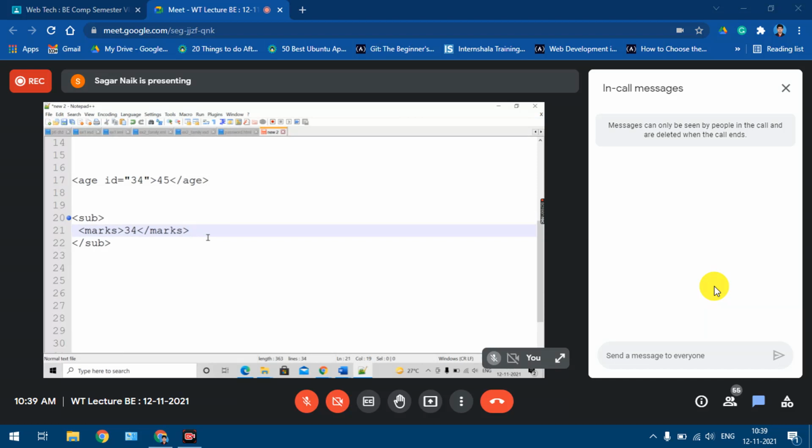You can have multiple child elements also, no issues. Both these elements are simple elements: marks is a simple element, exam is a simple element. So this was the second category of complex element, right?